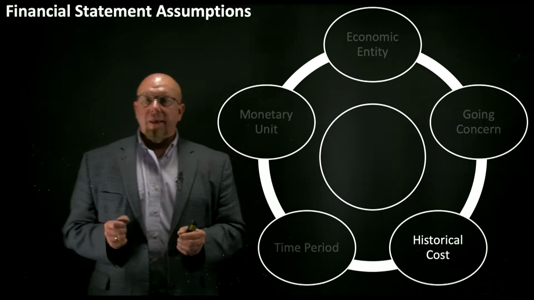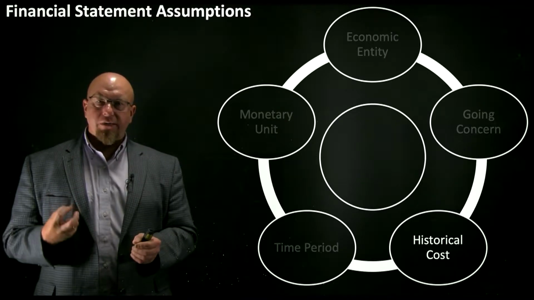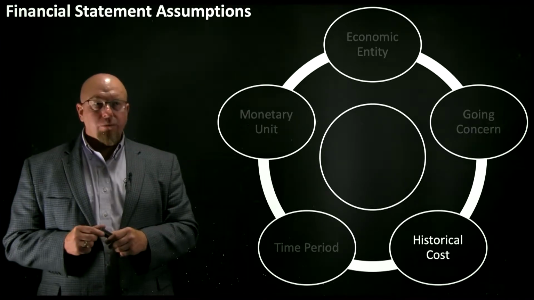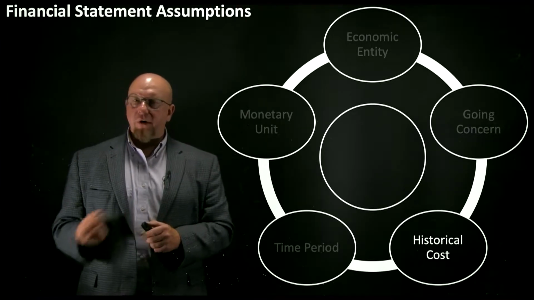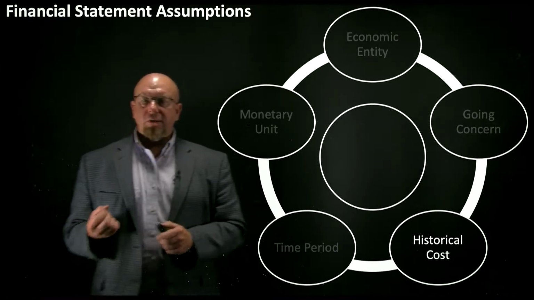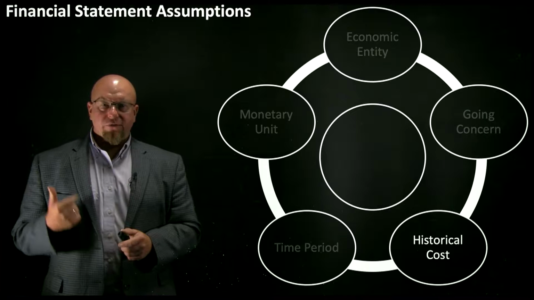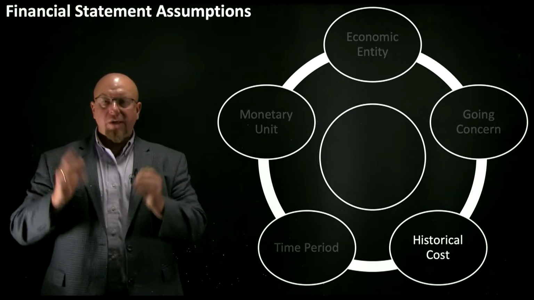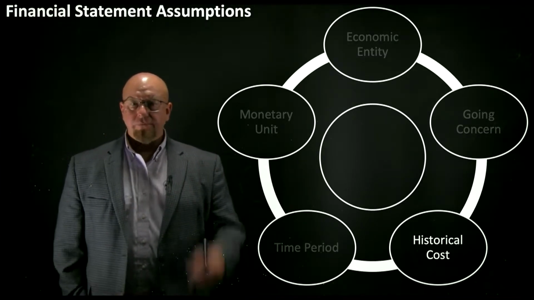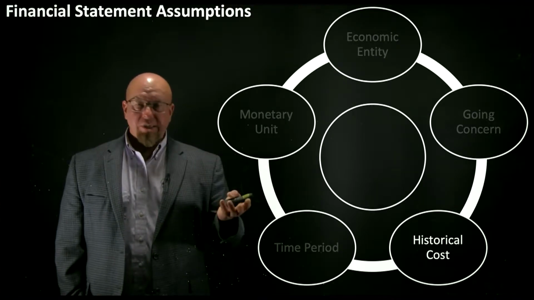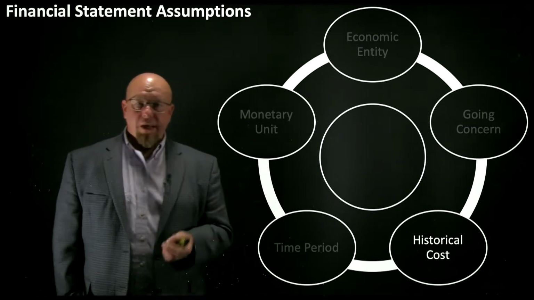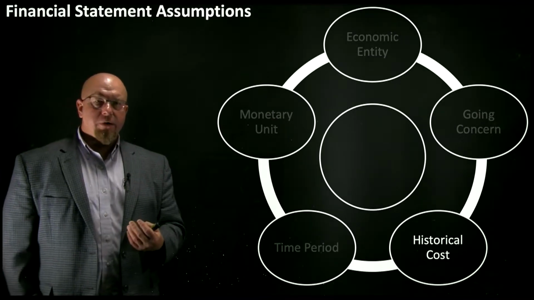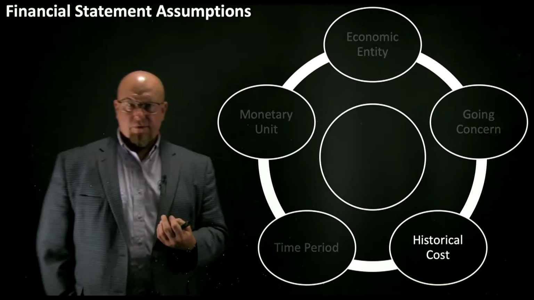Historical cost. What this means is that for the most part, we will measure financial statement amounts at what we paid for a transaction. There are a few times where we will deviate and measure something at fair market value, but for the most part, historical cost is objective, it's verifiable, it's not debatable. We know if we spent $40,000 to purchase an oven for our restaurant, that's what it cost. Now, what is it worth today? I don't know. We'd probably have to get an appraisal done or something like that.